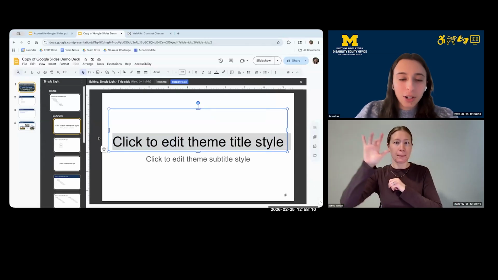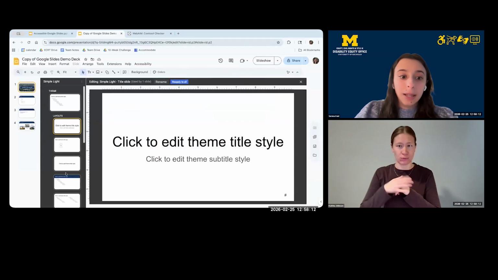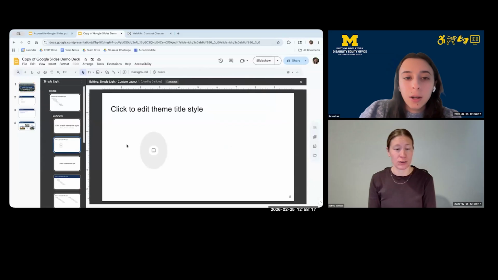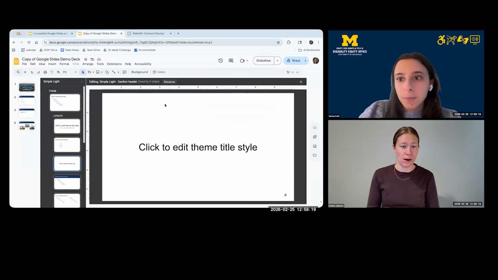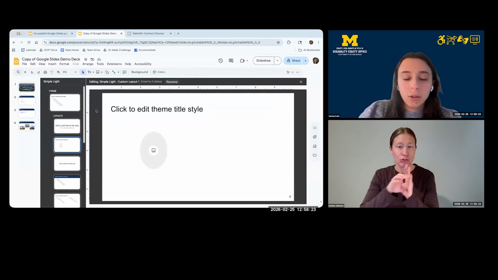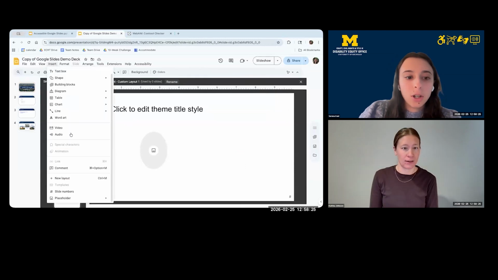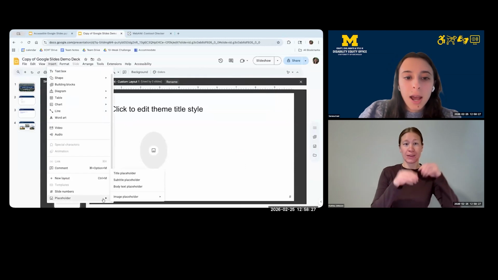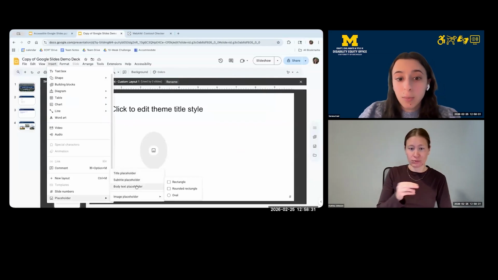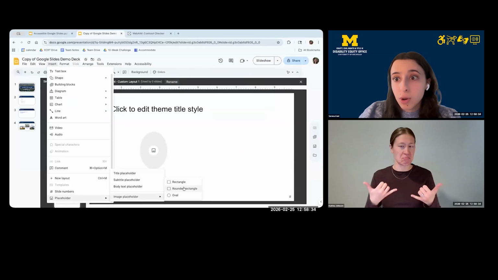And then the other part of that question with the image placeholder options. So again, if you don't want to use the default theme layouts here, and I want to add new placeholders in, I just click Insert placeholder, and then I can add in as many of these as I want. I only put one image in, but I could put in multiple.